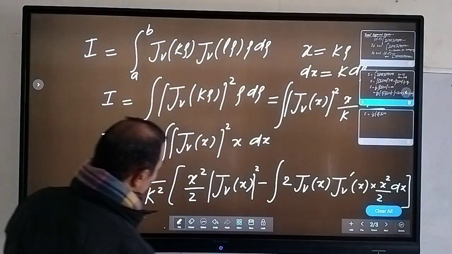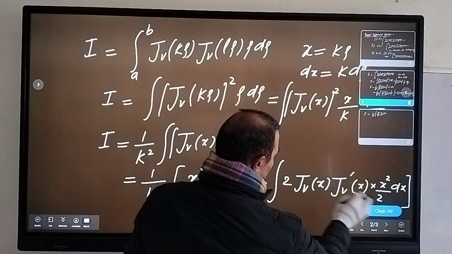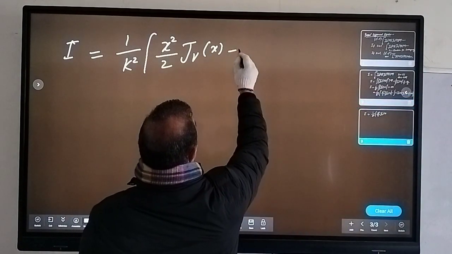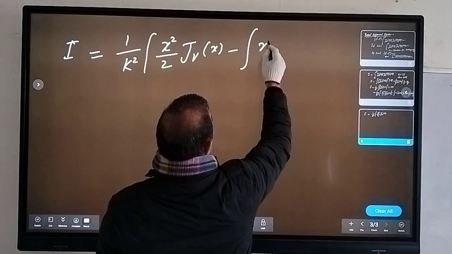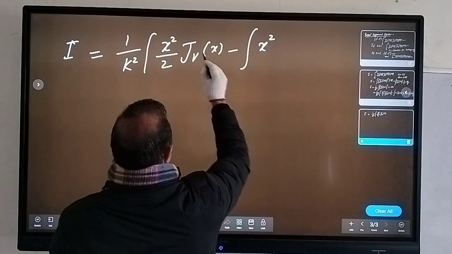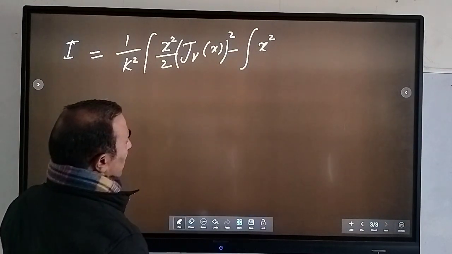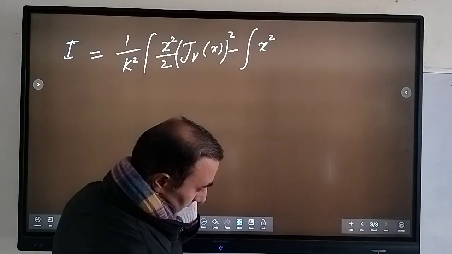Is it that Jv of x? That's correct, right? And this 2 will cancel here. So you will get that x square, huh? So that will be minus integral x square. But this is okay, x square. Then